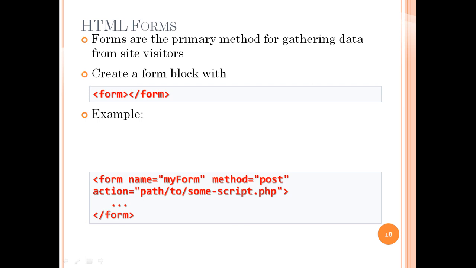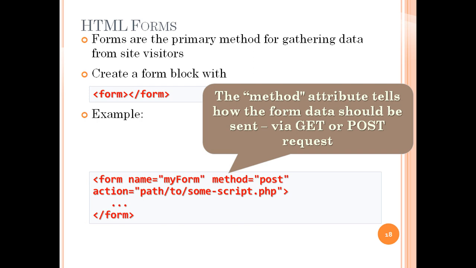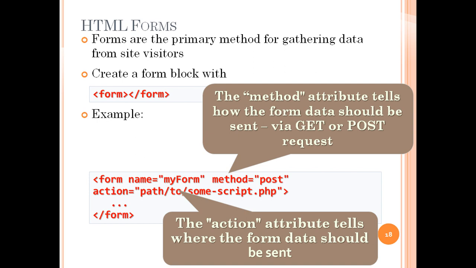The tags used inside the form tag are input type. In input type, we can also specify it as text or password or checkbox or radio or submit. So these are the possibilities for an input type. The attribute type specifies the type of the box. So here is an example for creating a form. The action attribute tells where the form should be sent. That is the URL to be specified here.